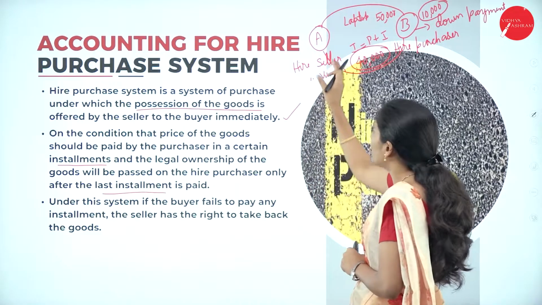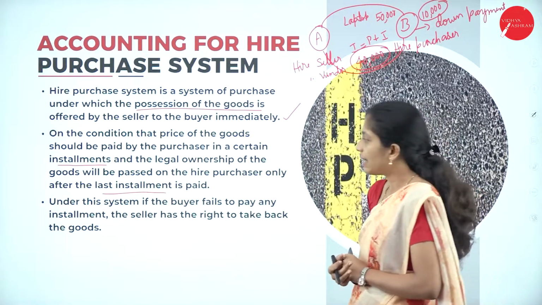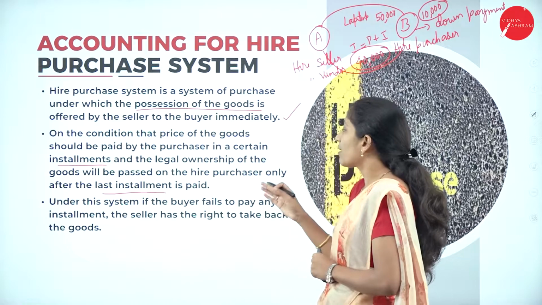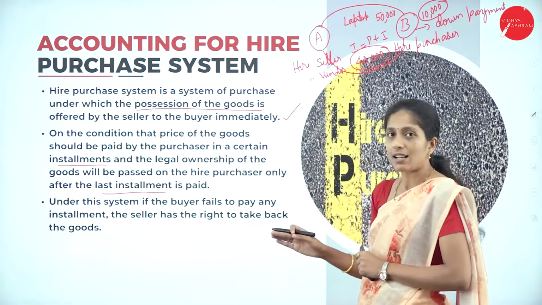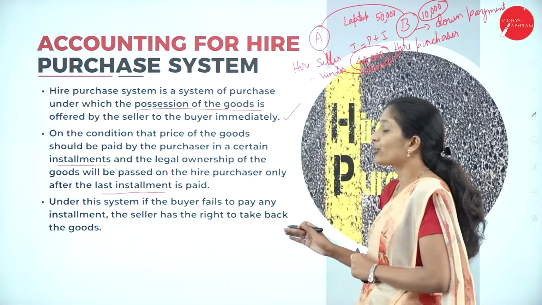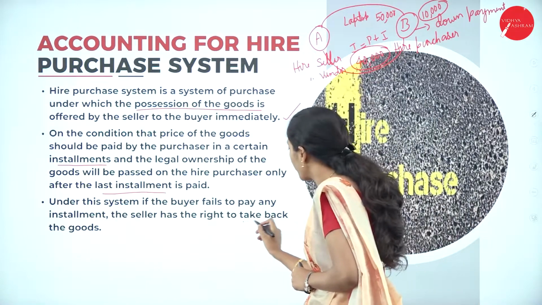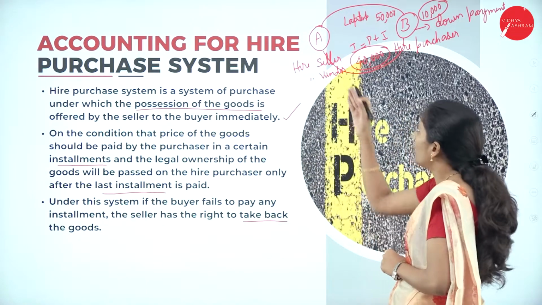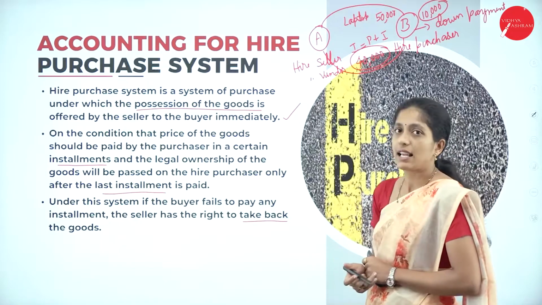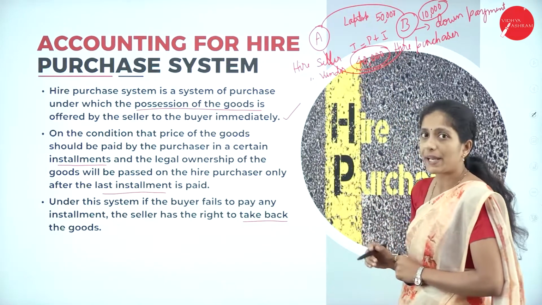Until then, ownership will be in the hands of the hire seller itself. Under this system, if the buyer fails to pay any installment, the seller has a right to take back the goods. For example, now, if you take this example itself,